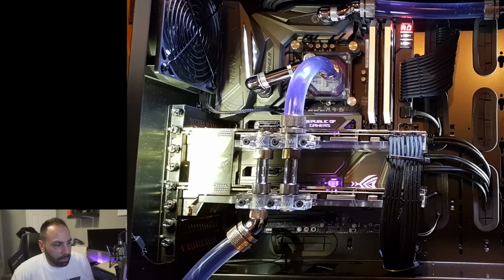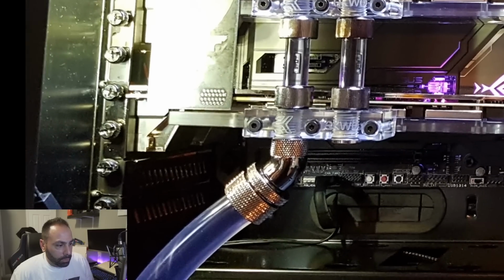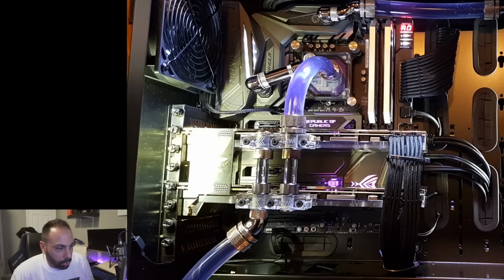Okay, so this area right over here, it looks like he has plugged in the LED strip, and it's coming out through this grommet down here and running across. I think it may have been better if he routed it down through the SSD mounting hole right here that this arrow is pointing to. That way it would have had to make a much shorter run up to plug into the strip as opposed to coming out of this grommet. Just really basic, small things that add up and make the whole package look a little bit neater. But with that being said,